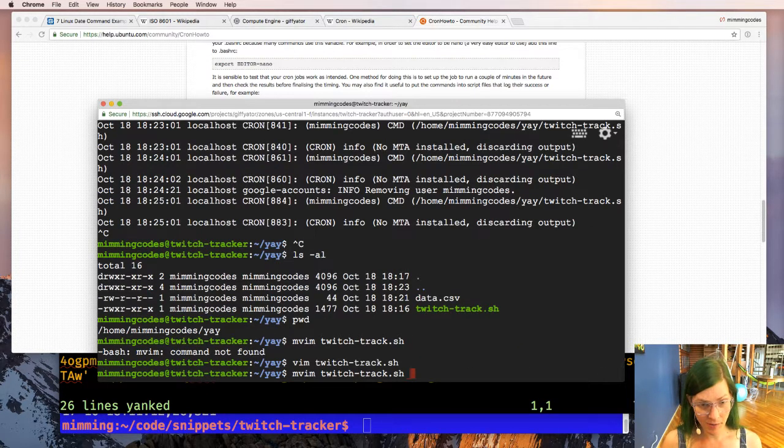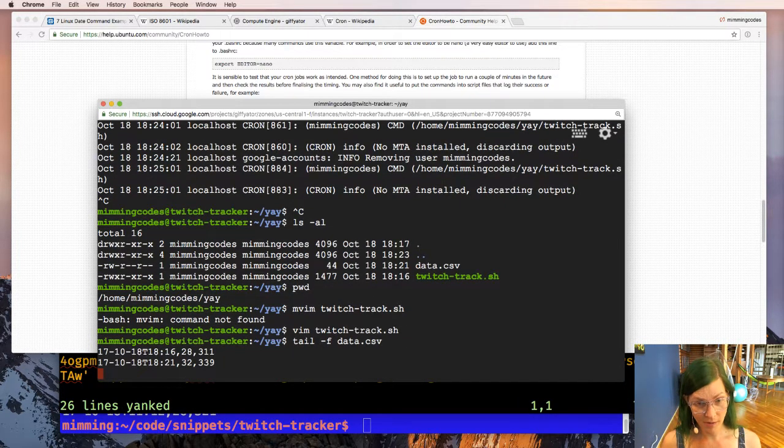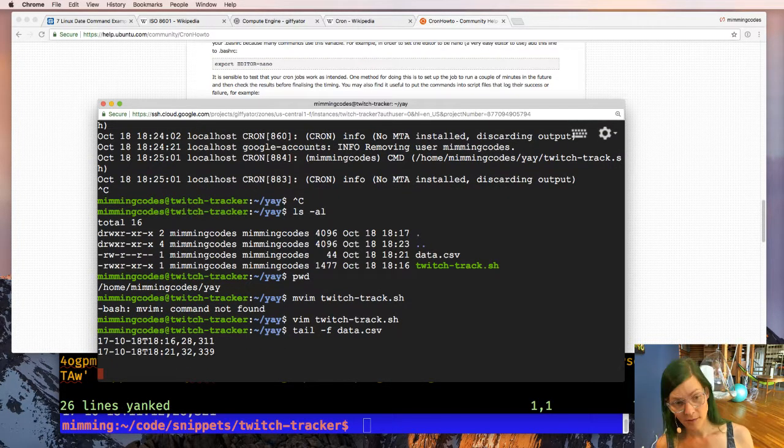Now I bet if we tail -f our data.csv, we should see lines getting added every minute or so. That is assuming the cron user can actually do it right here.